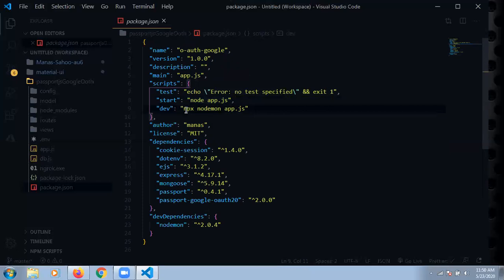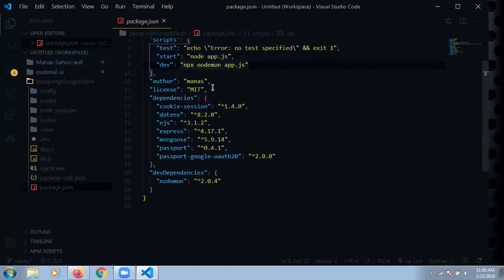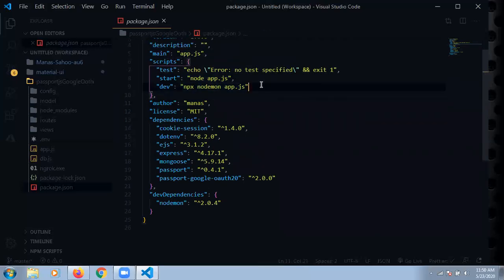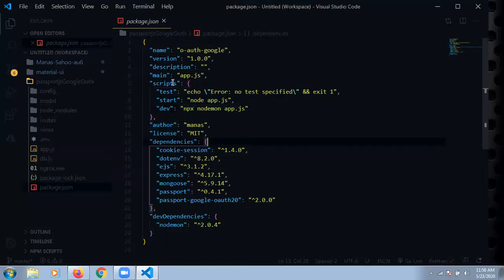And the second one is the development script. We are using npx, and npx is the latest command of the Node package manager. Before, we used nodemon directly and it worked, but some Windows applications needed more. We are not using any sudo command, so npx is the latest command for running any application. And this is the license authored by the author, and everything is there.